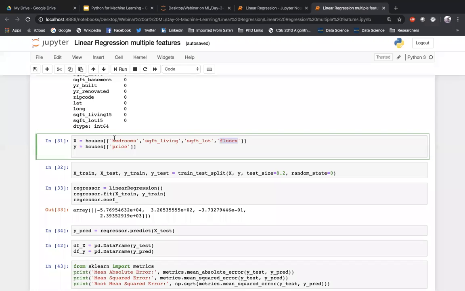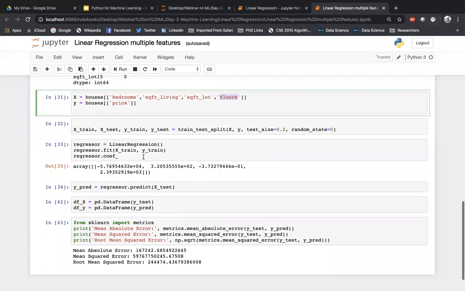And y is the one that we want to predict. That means price is what we have to predict. It is just that simple in scikit-learn. When we are implementing using the scikit-learn package, the moment I consider more features in my X data frame, the scikit-learn package will automatically apply a normal equation and try to find out the theta values.